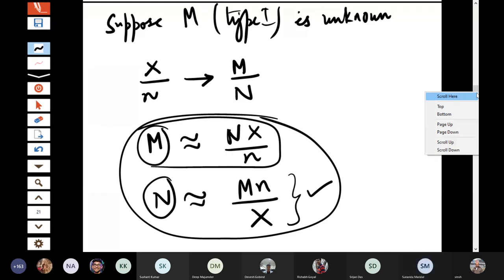Sir, in assignment 1, could you please explain question number 14 once more? Question number 14, okay, yes. Let me just see what the problem is here. S is the set 1 to n, this problem. What is the problem? That S is equal to the set 1 to n? Yes, sir. Okay.